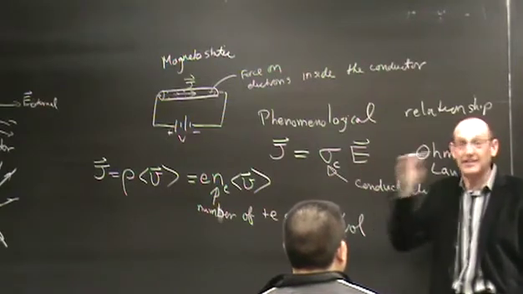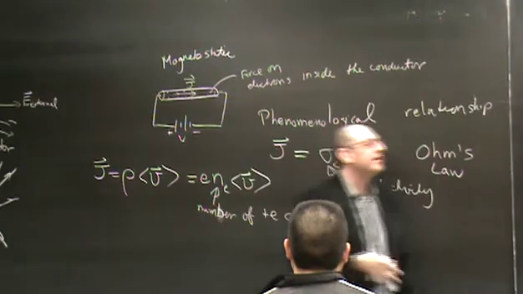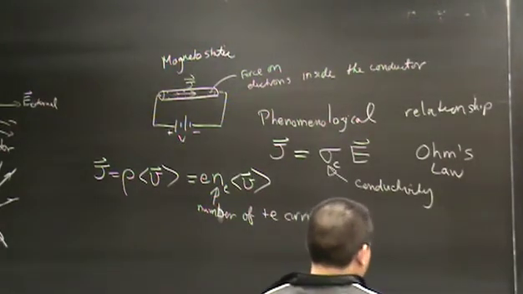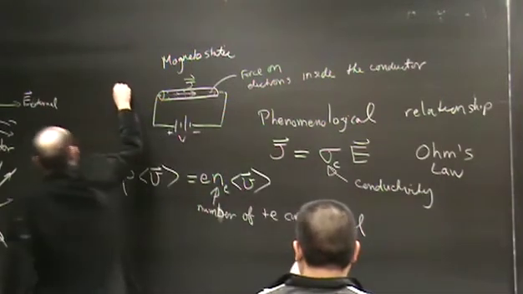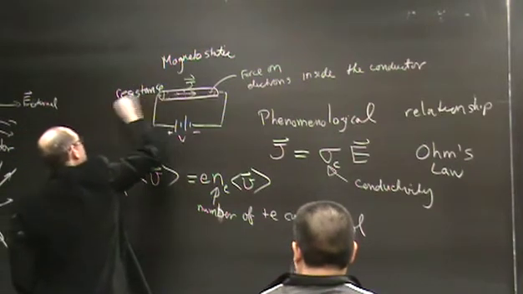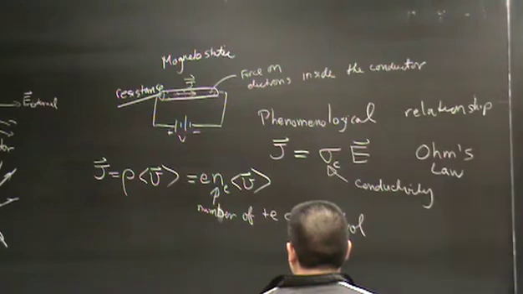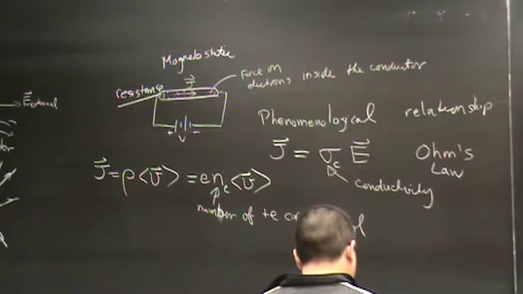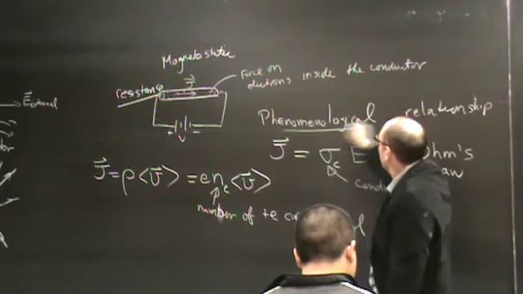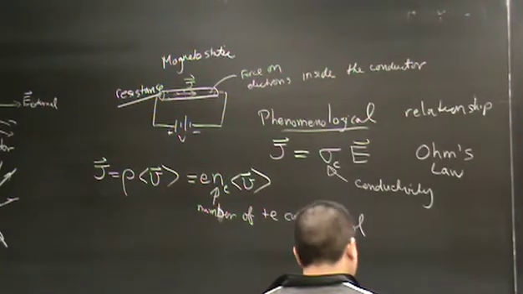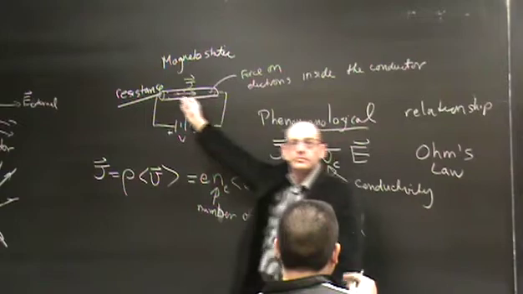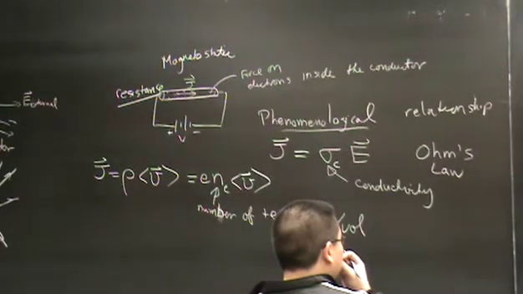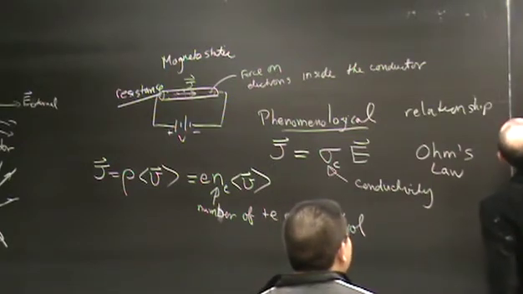That's called acceleration. But the fact that this is moving with a steady current is because the energy that's being pumped into the system is simultaneously being dissipated because there is resistance. It's futile, but there is. So this phenomenological expression is coming from some microscopic physics of the condensed matter system, the solid state system, perhaps. And one way we can simply model that, a very simple model, is by the so-called Drude model,